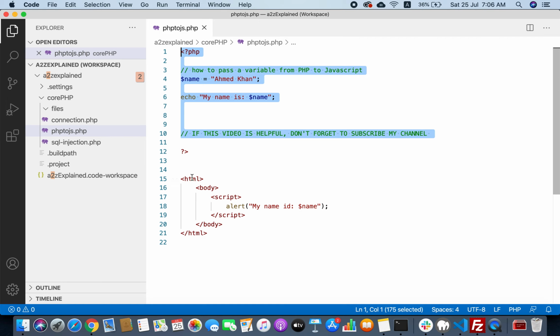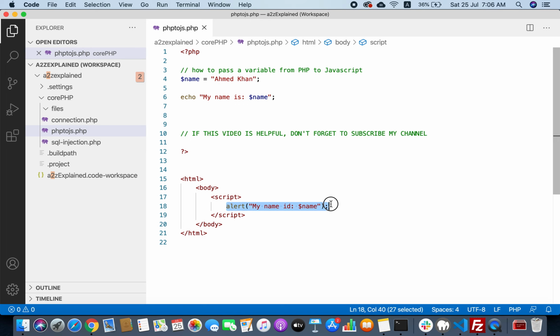So in JavaScript, in our browser, we have received this single line as it is. So our value was not echoed. To echo this variable's value in here, we need to add PHP tags over here and echo the variable.